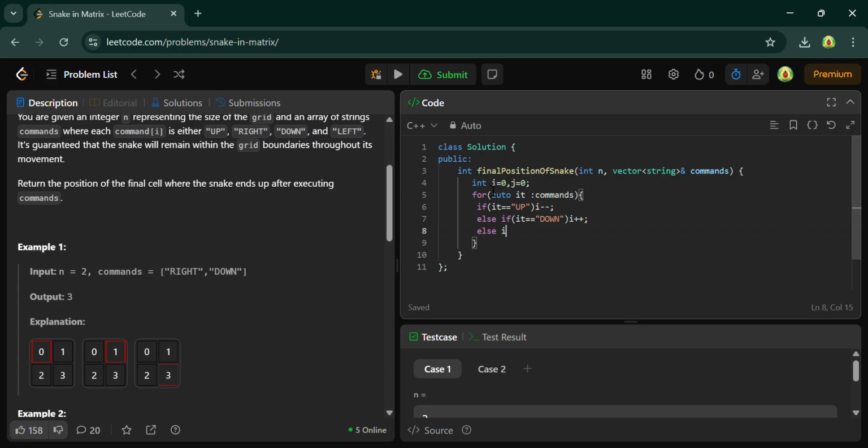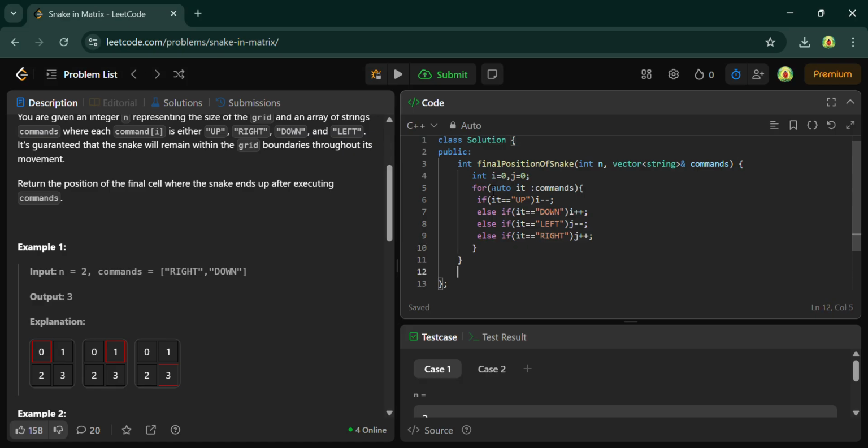Else if it is equal to left, then you have to do j minus minus. Else if it is equal to right, then you have to do j plus plus.